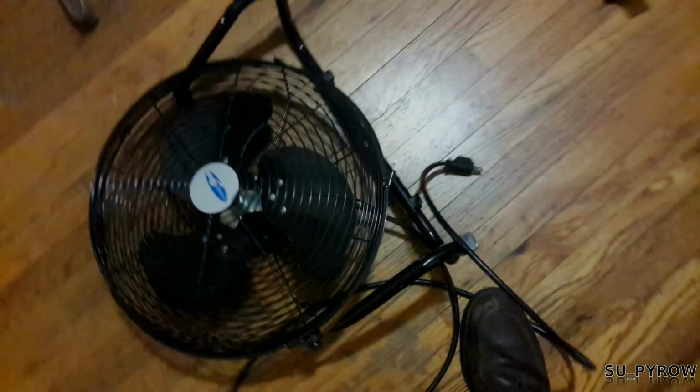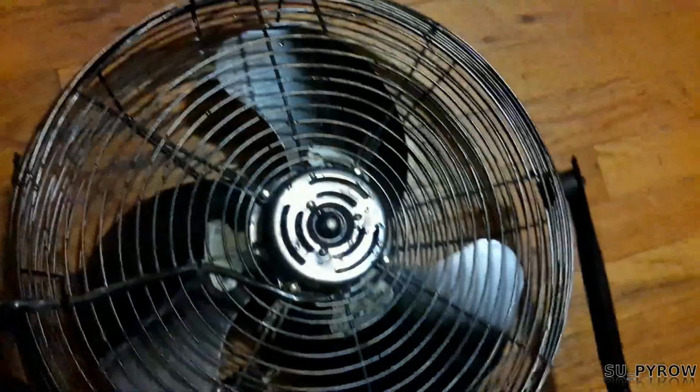Look what I just found on the sidewalk. I think it's still got some raindrops on it. It's been sitting here for a minute. But yeah, all metal fan. I bet you anything this motor's fine. Now,